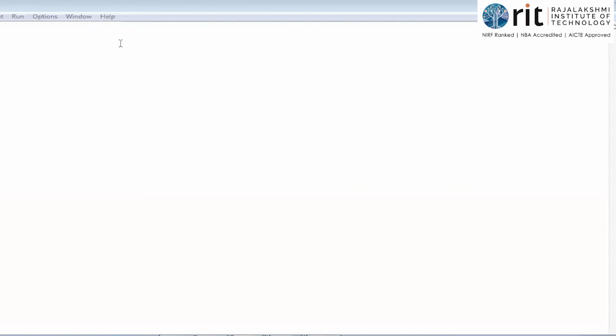Length of the string or length of the list. Length of the list na number of elements in the list. Length of tuple na number of elements in the tuple. Length of dictionary na number of items in the dictionary. Length of a string na number of characters in the string. அதோட ஆன்சர் வந்து எனக்கு டைரக்டா வந்துரும்.